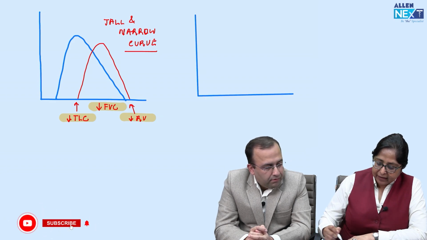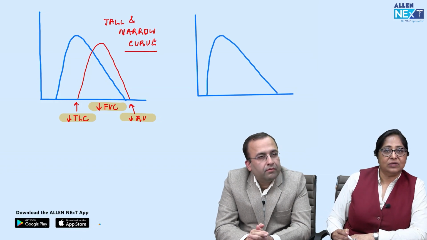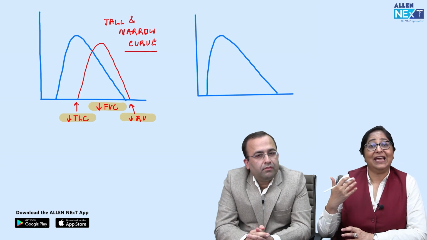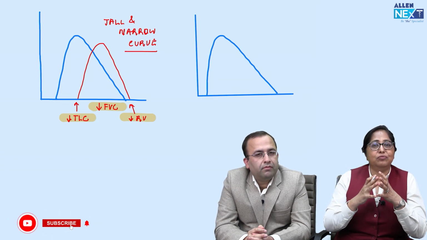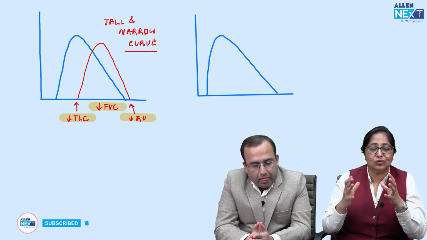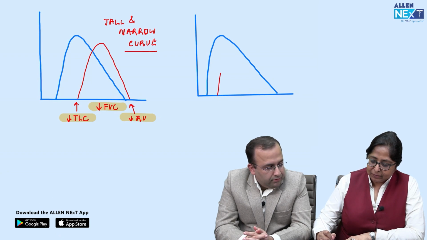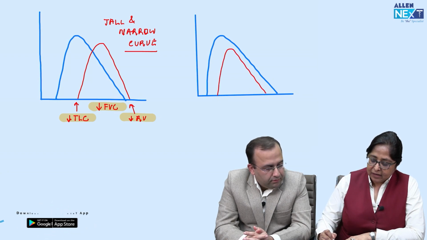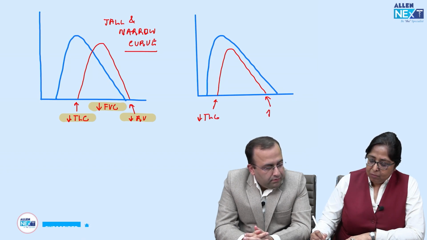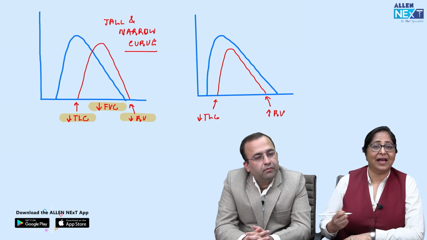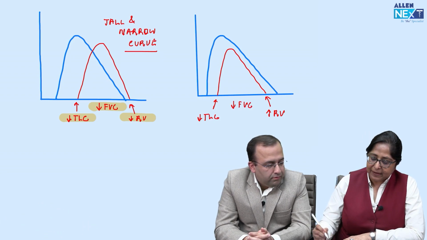The extraparenchymal causes, now this is a normal curve. In extraparenchymal causes, the residual volume increases. The patient is unable to breathe out completely, so there is more residual volume. So the curve looks something like this. A reduced total lung capacity, more residual volume. This will happen in kyphoscoliosis, in phrenic nerve palsy, a reduced forced vital capacity, and of course